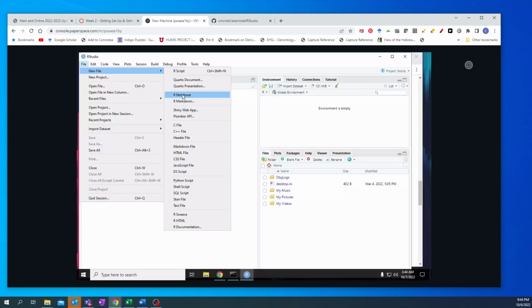These R notebooks are handy for executing some code blocks and seeing the output and keeping that together. These Quarto documents, this is actually brand new this year. We'll probably look at it a little bit. It's a way to also have some code and output demonstrated in the same document and export the document to different formats. And